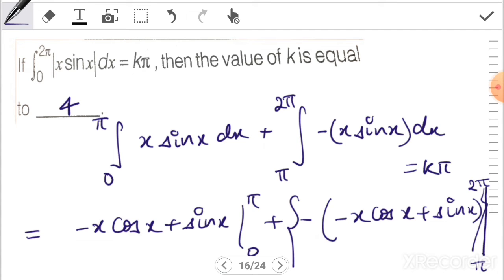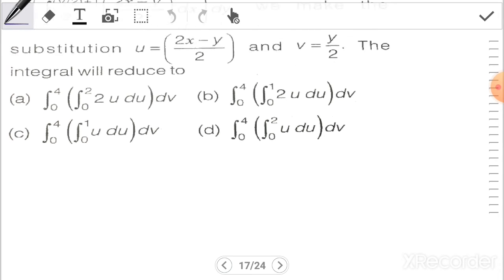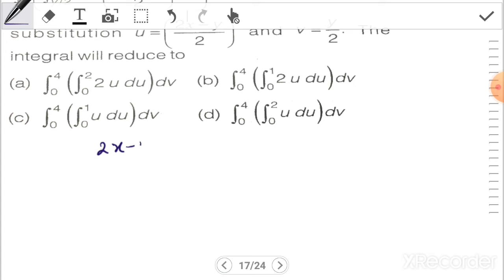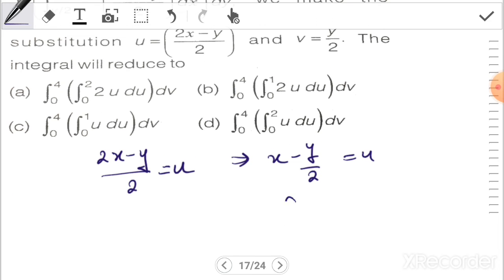Okay, let us go to the next problem. To evaluate the double integral, we make the substitution u is equal to 2x minus y by 2 and v is equal to y by 2. The integral will reduce to... So we have x minus y by 2 as u. So dx will be equal to du,